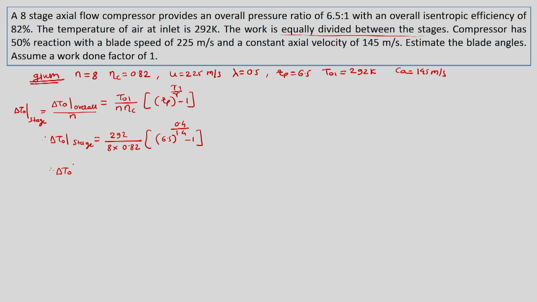So delta T naught stage is equal to 31.47 Kelvin. Hence we can get T03 is equal to T02 plus delta T naught stage, T01 plus delta T naught stage, hence it is